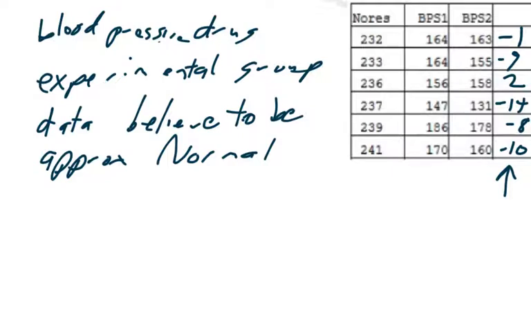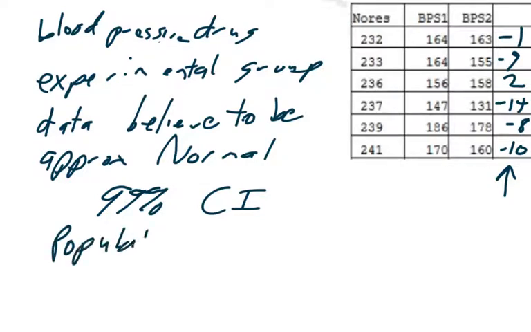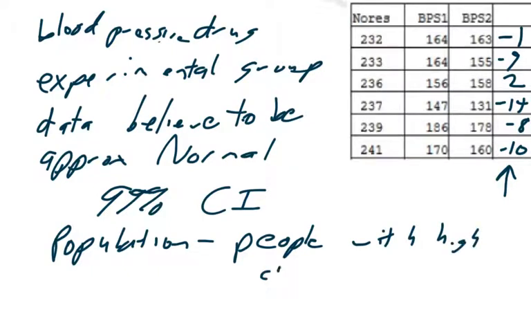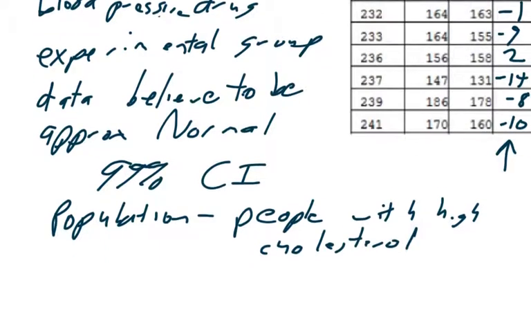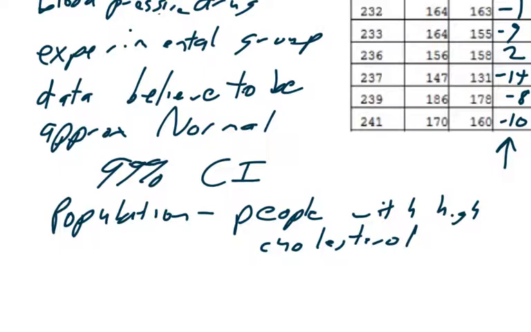confidence interval. So let's do a 99% confidence. Alright. So the population would be people with high cholesterol, and the parameter would be mu, and if you want to call it mu d for difference, and it will be the